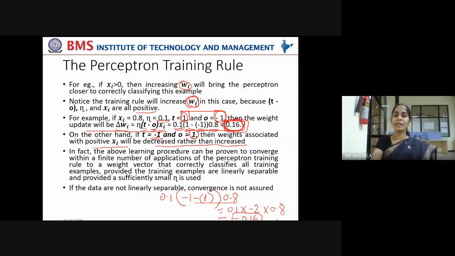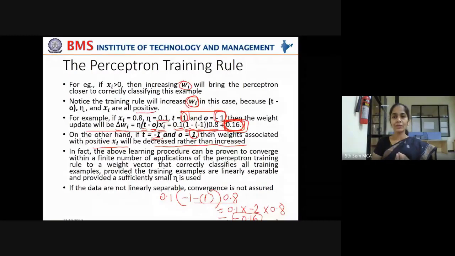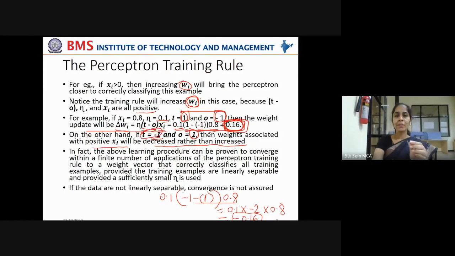In the earlier case, the weight is increased based on the prediction. If it has to be predicted as plus 1 but is predicted as minus 1, you have to increase the value of the linear equation in order to make it greater than 0. So you are adding some weight to the already existing weight. But if you want the prediction to be minus 1 in this case, but you have made the prediction as plus 1, it means the calculation of the linear equation should fall lesser than 0.